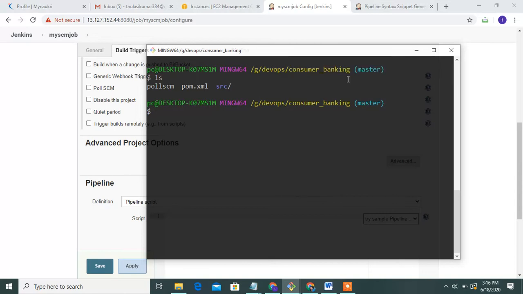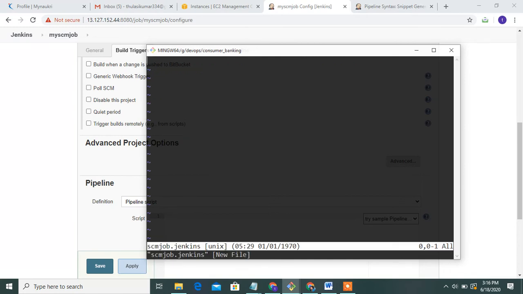my job is consumer banking. My project uses SCM and SRC. Create one declarative SCM job.Jenkins file in the editor and write a simple program.